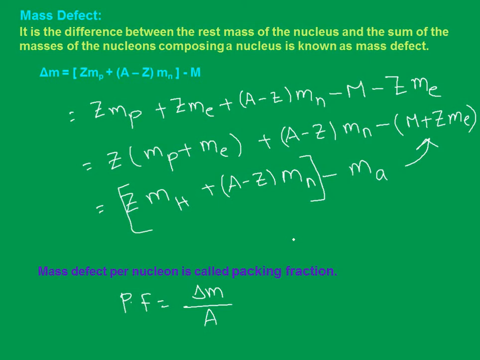Okay, so packing fraction is directly related to the availability of nuclear energy and the stability of the nucleus. Remember this always. If packing fraction is positive, the nucleus is unstable. If packing fraction is negative, then it indicates that some mass has been converted into energy which binds the nucleons together, and so the nucleus is stable. Anyway, later we will have binding energy per nucleon. There you will understand this in a much more detailed, clear manner.